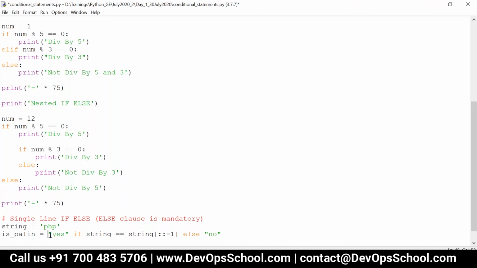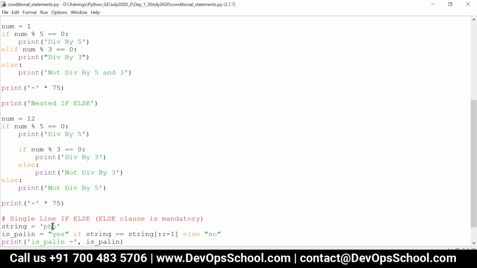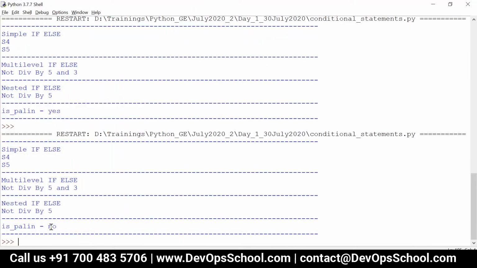That is, value if true, else value if false. So value if condition else another value. Now you can see is_palin is nothing but yes. If I just change it to Python, now you can see it is no. is_palin is no.